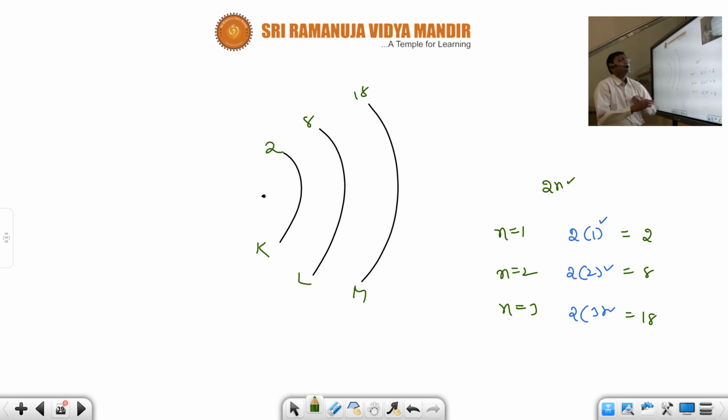So, in the next session, I am going to explain about the electronic configuration. Up to 10 elements I have given the electronic configuration. In the next session, you are going to see the remaining elements, the complete electronic configuration of all the elements, and how to arrange these orbitals in a proper order. This we are going to see in the next session.